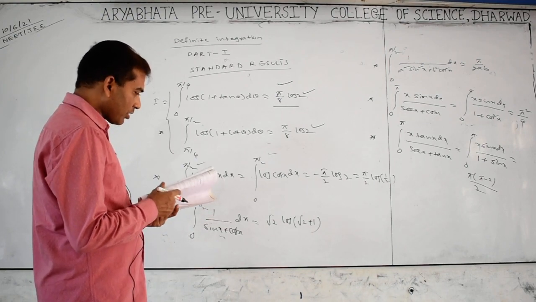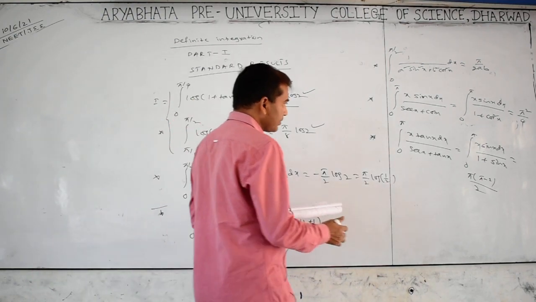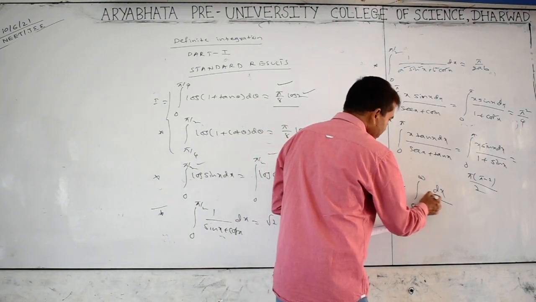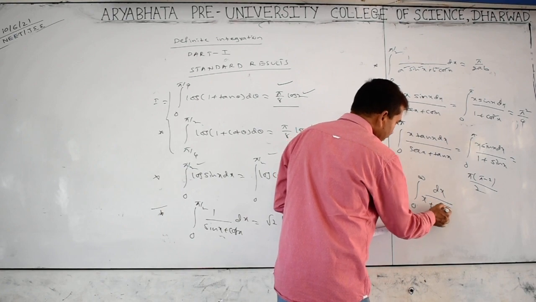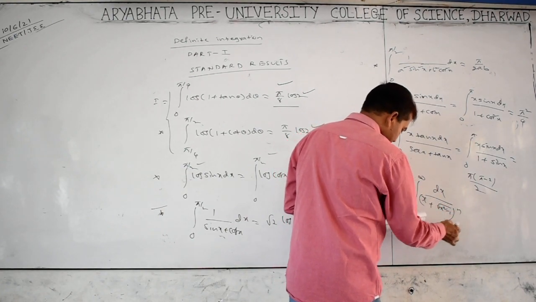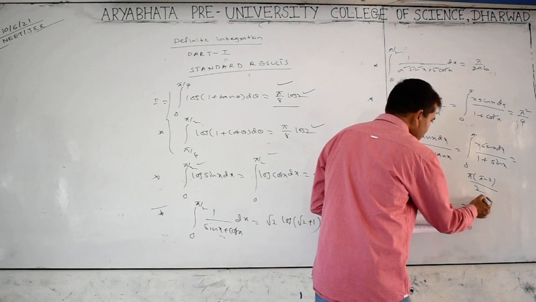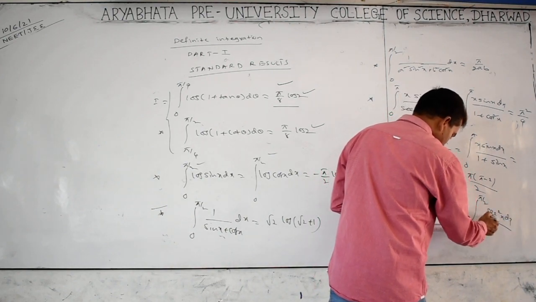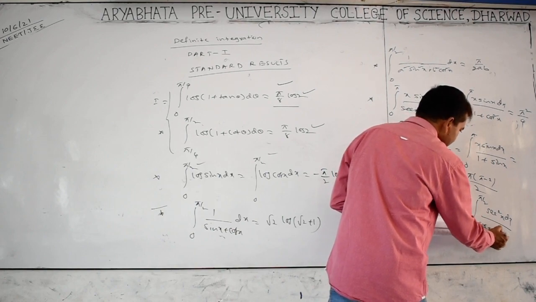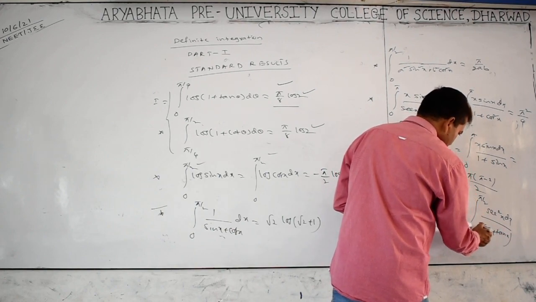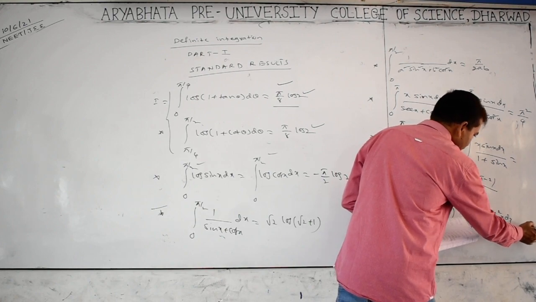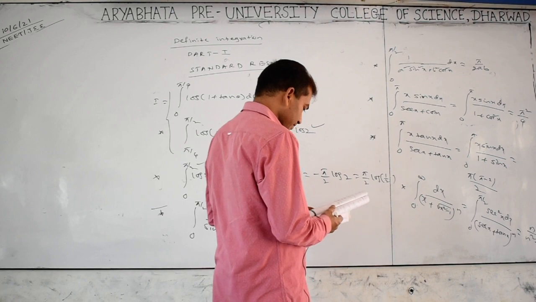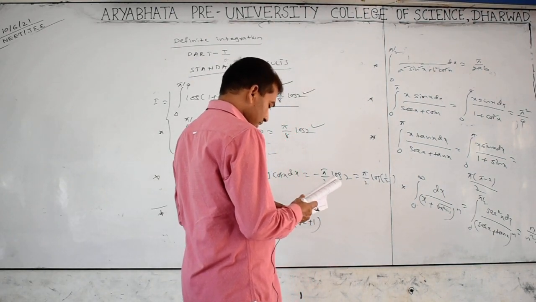Okay, and one more also there: integration of 0 to infinity dx by x plus root of x square minus 1 whole power n equals 0 to pi by 2 secant square x dx by secant x plus tan x whole raised to n, which equals n by n square minus 1. That also was asked.